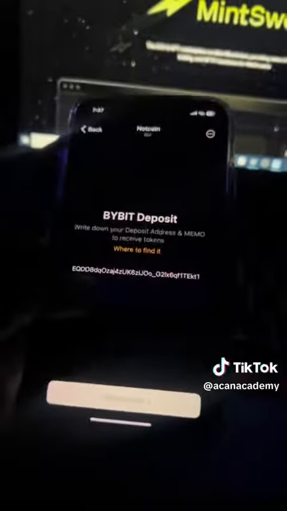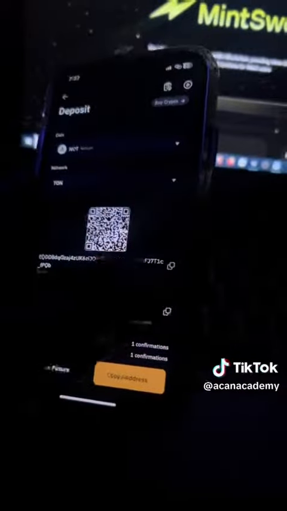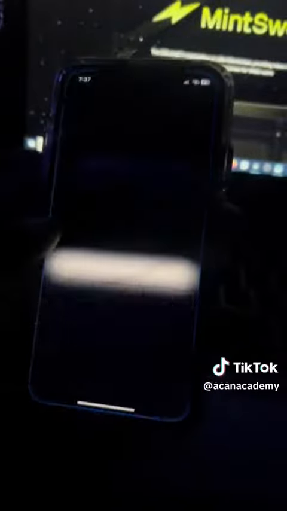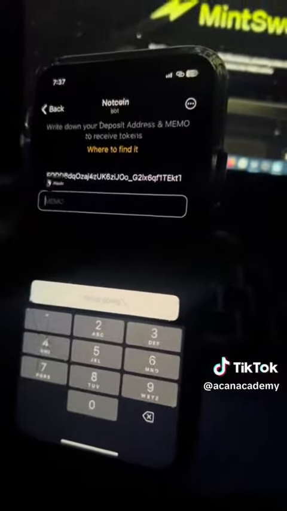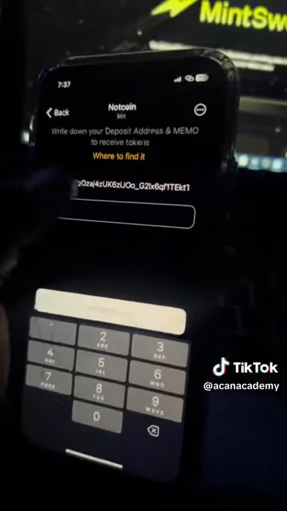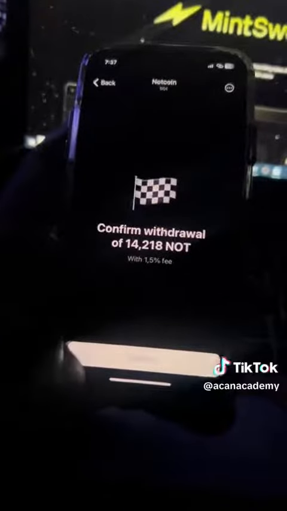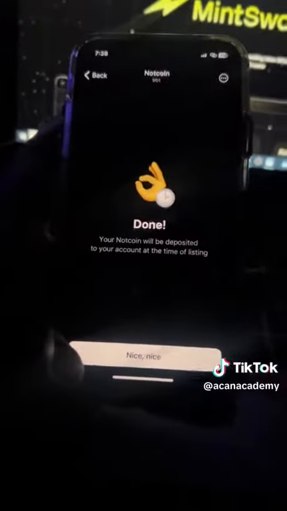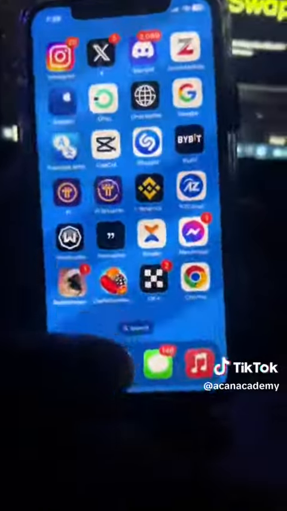So after pasting, I go to memo, right? The memo is this tag here. You see the tag here, you copy the tag, you go back to your wallet and you paste the tag there, right? So I'm pasting the tag here. Sorry, so this is the tag. I keep going, then it looks good, confirm, and then boom, you're done with your withdrawal. So you just wait for the launch date in order to claim your assets. Thank you.